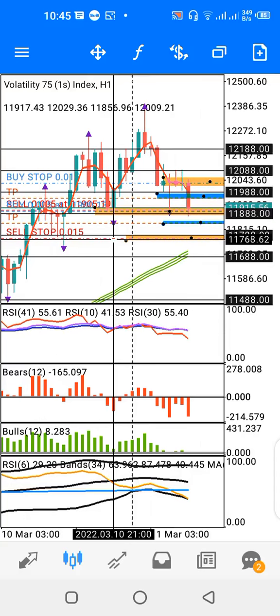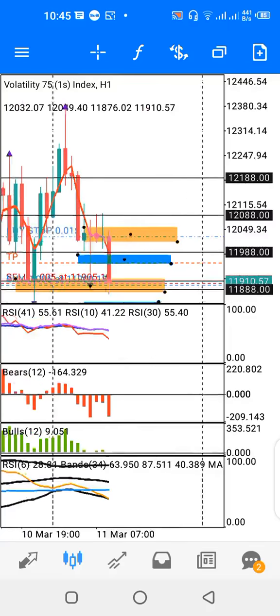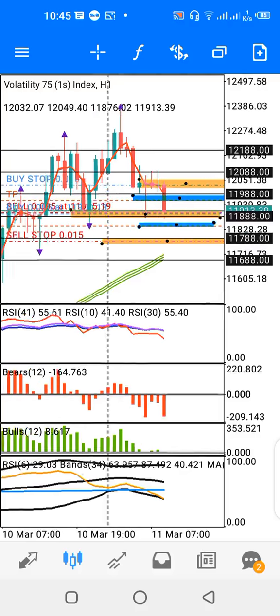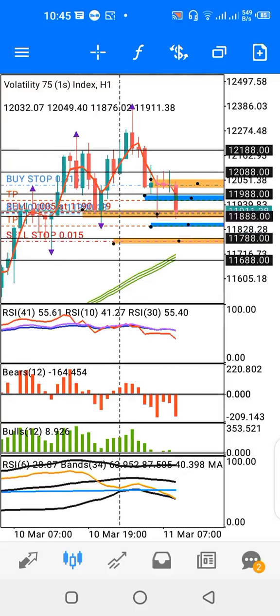Okay, so that's what I mean by when the range continues, you should know if you should place more hedge trades against the direction of price or not. So the decision is yours. When using the Grail Hedge strategy, you don't just have to hedge up to the third hedge trade. You can easily judge which direction price will go, but the maximum hedge trade should be the third hedge trade